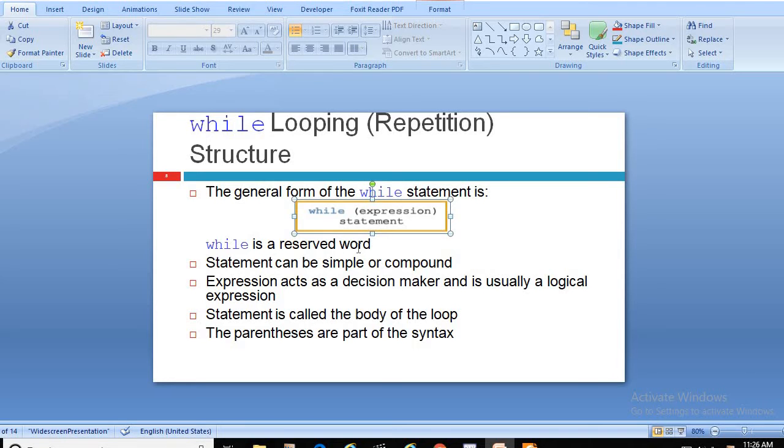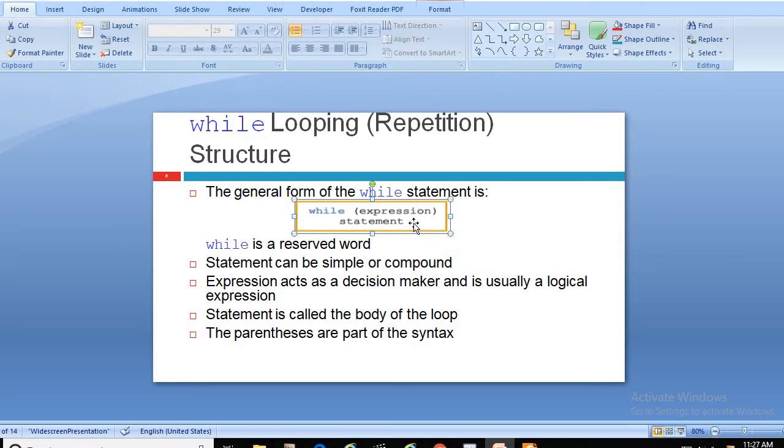So while is a reserved word, obviously. The statement can be a simple or compound statement; there may be one statement or multiple statements. Expression means condition; it acts as a decision maker and is usually a logical expression. This condition specifies how long the while loop should be executed, depending upon the value of the expression, and these expressions use logical operators.